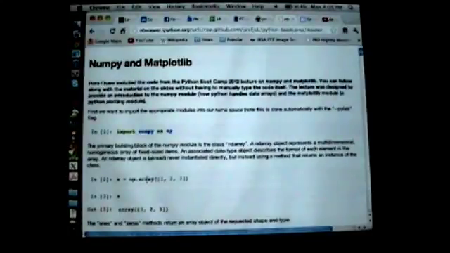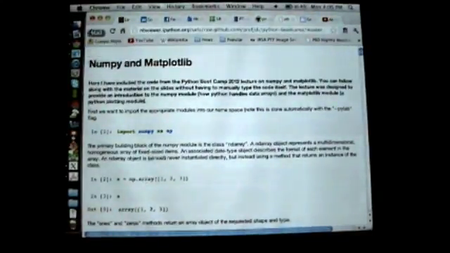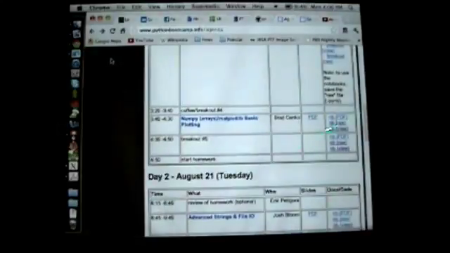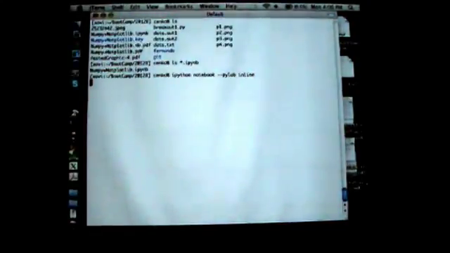So you can't actually click on any of these cells. It won't do anything, but you can see what's going on. And if you download the raw notebook and save it with the extension .ipynb, we can fire that up. Just again, start up the notebook, IPython notebook. I'm going to add two flags here because I'll be stepping through some of this. The PyLab loads a bunch of NumPy and Matplotlib packages that are useful, and the inline argument tells it to put the plots inline. I'll show you what that means in just a second. But how to load this up, right? We fire up the notebook. It says